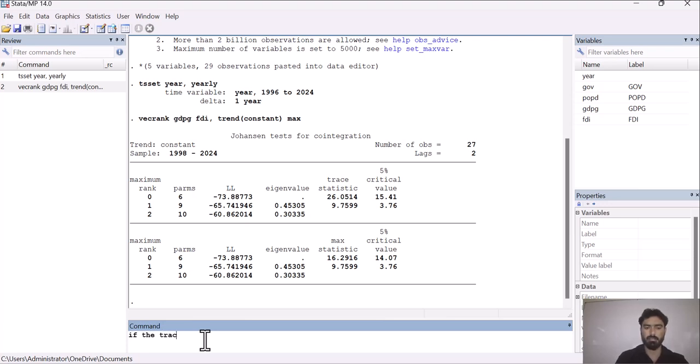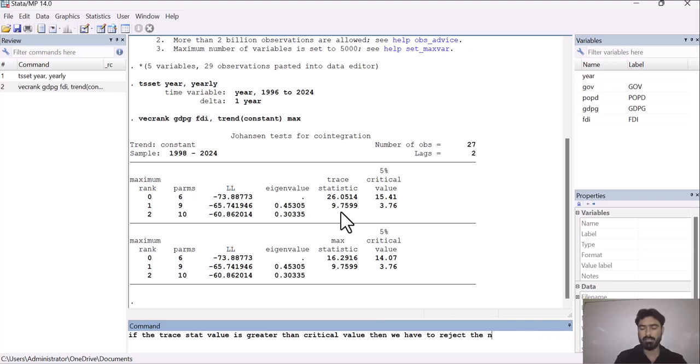If the trace statistic value is greater than the critical value, then we have to reject the null hypothesis. So this is the guideline. If the trace statistic value is greater than the critical value, then we have to reject the null hypothesis.